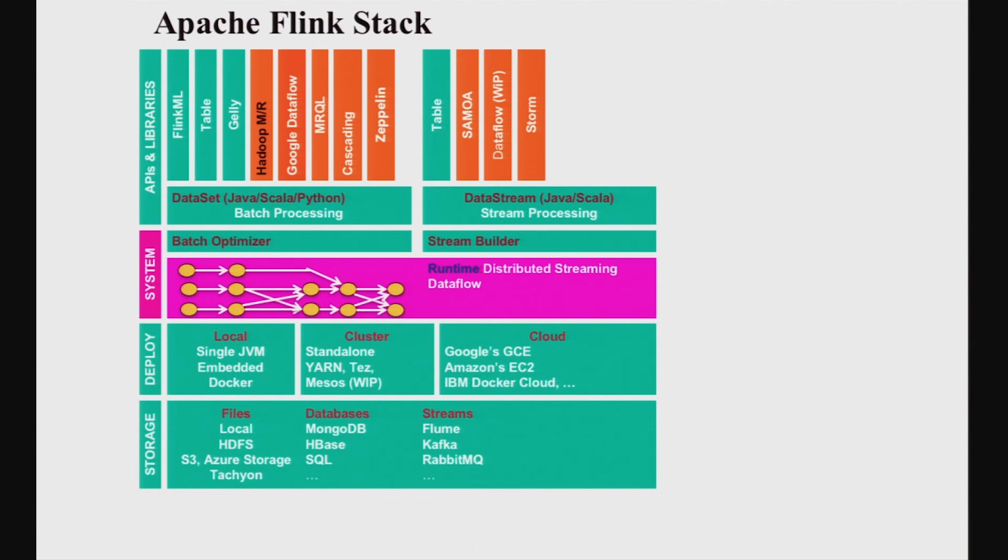So now we have these two different APIs. What can you do with these APIs? If you already have a Hadoop installation, a lot of MapReduce jobs running, you can run the same jobs on Flink, no change. They provided something called a compatibility layer. So you can run MapReduce jobs, and you can run existing Storm jobs, and you can run